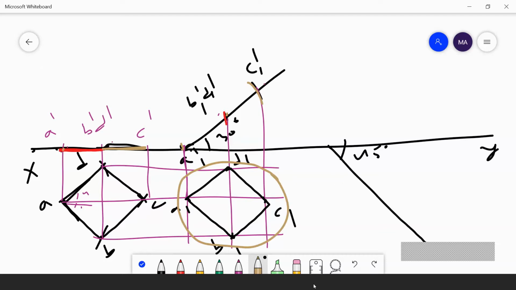Understand? I have drawn a circle, the brown circle. The same diagram will be projected here on the inclination of 45 degrees. So how will you do it? See here, it is 45 degrees inclined. On this inclination you have a diagonal. I am considering a point here as D2. Understand? This is the diagonal BD.